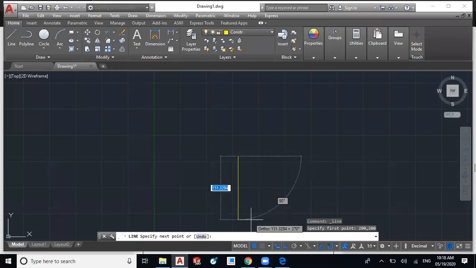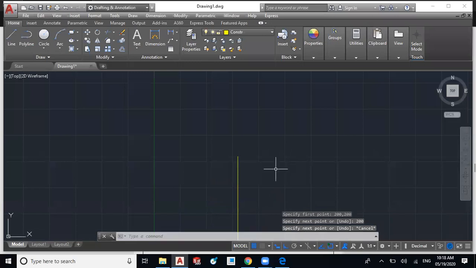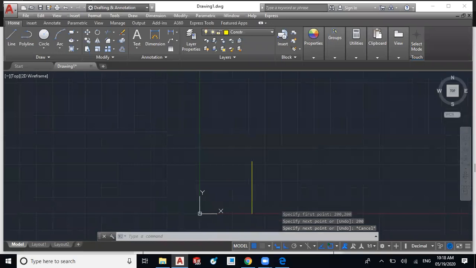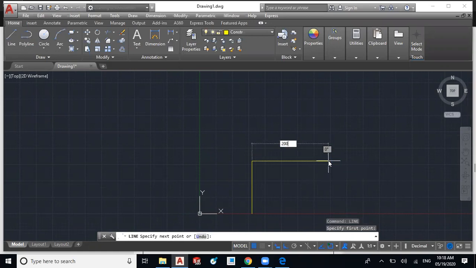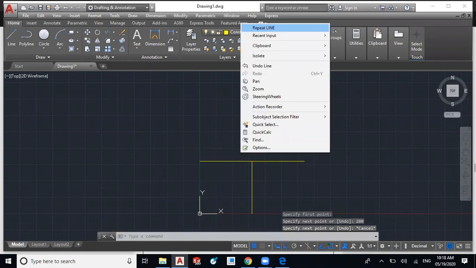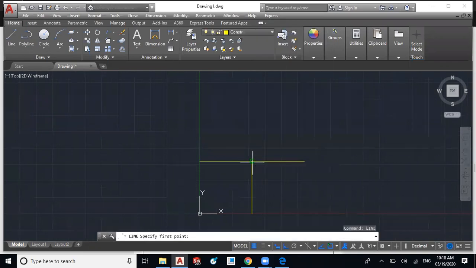So I will draw it about 200 mm. Escape. Again, I have to repeat the line. I will draw the horizontal line from that top end of the line. Suppose it is also 200. So I will create an axis by using this construction layer and line command. So I have created both the axes. Now you can use the join command